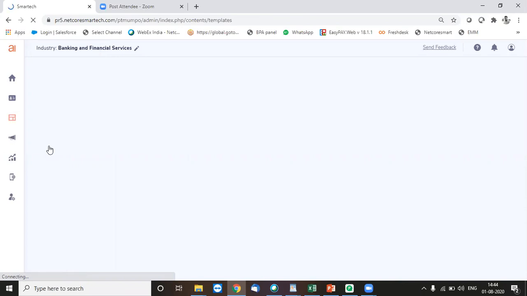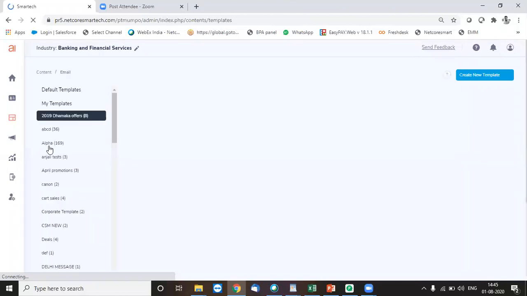So in order to continue publishing your campaigns to your audience, you always need to keep your customers interested in your content, right? So in this case, our system provides you with two options. One being an HTML upload, and the other being an option where you can create a template by yourself. All right. So over here, we have the option of create new template.